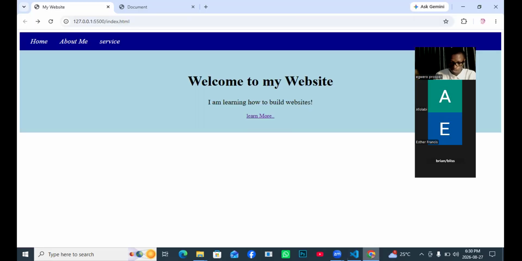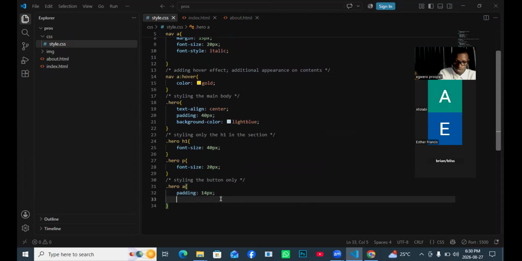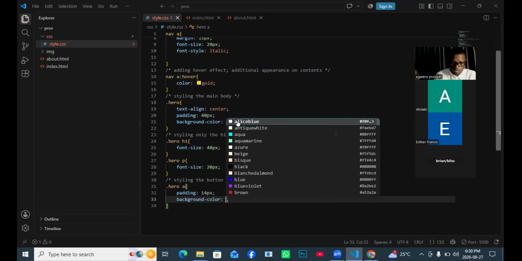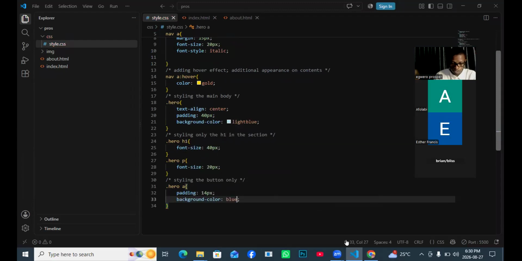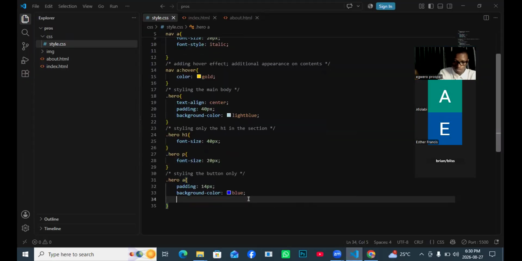So let's go and check. Okay, so let's add the, if you add background color, that is when the padding will come out properly. So let me just use this. Let's check. Okay, so you can see the padding properly now. Then the, right, text